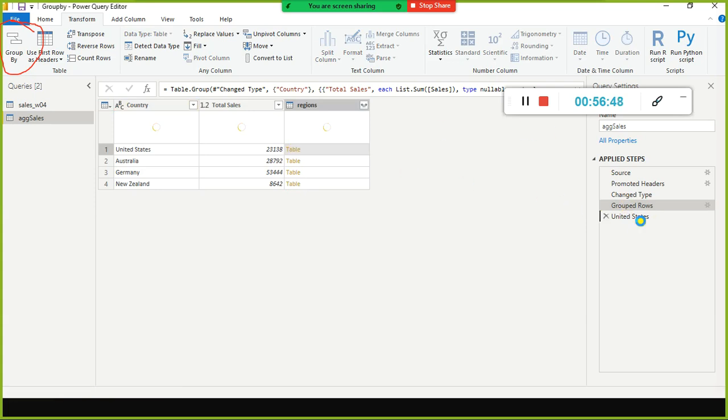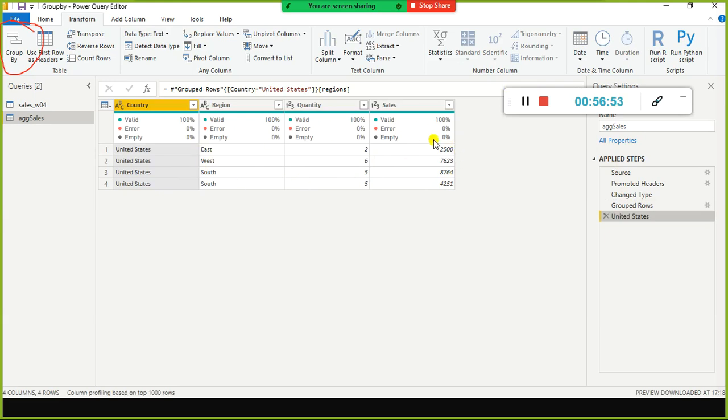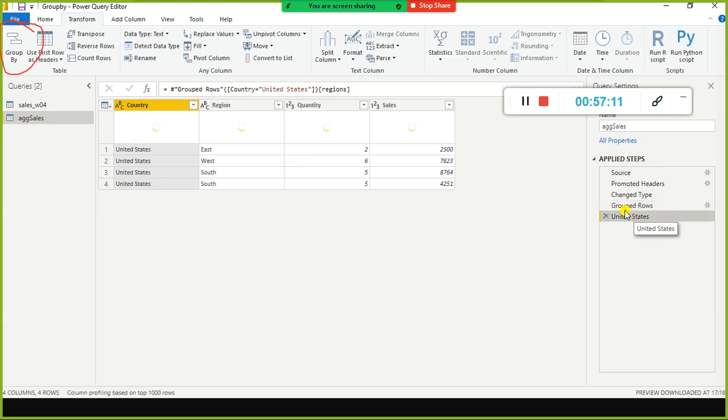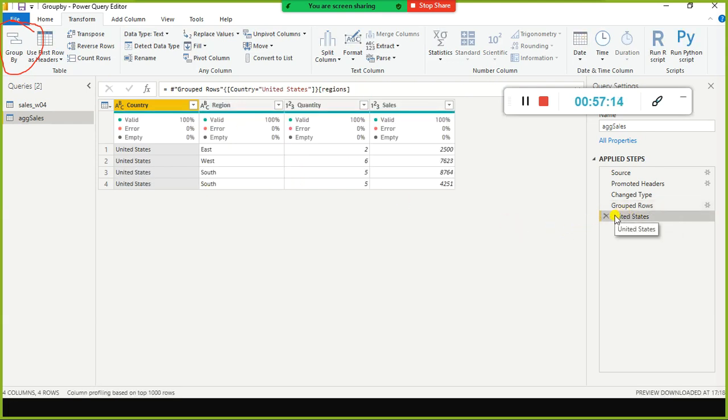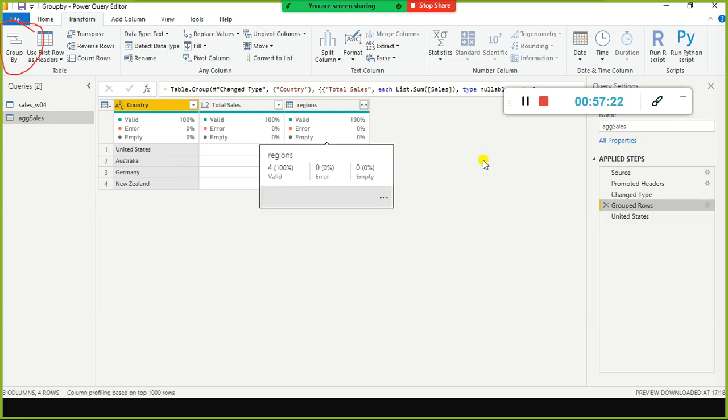When you click table, it will show this value. So whatever you see here, if you want to make this also part of this output, you need to select this one. If you click this, the detailed records for the United States, which we have seen there, will be made part of this. Four records were there, and these 4 records will be made part of this output. Then it will be a confusing thing. We don't want to do that, but still, they have given an option. If you want, you can include it as part of this one.